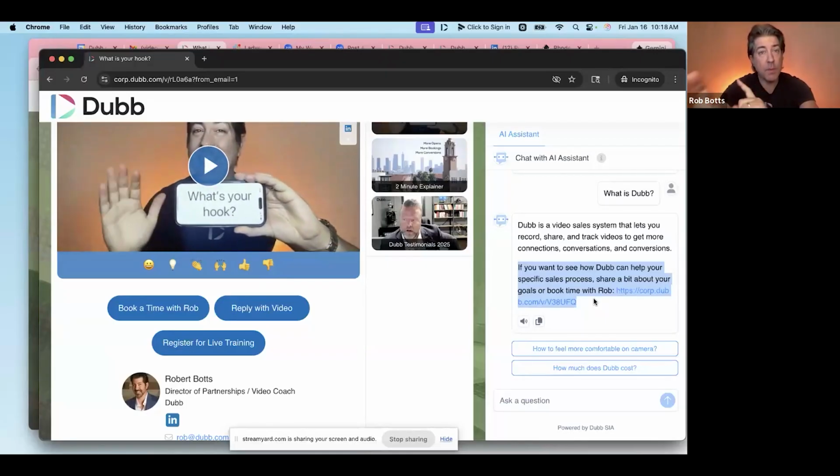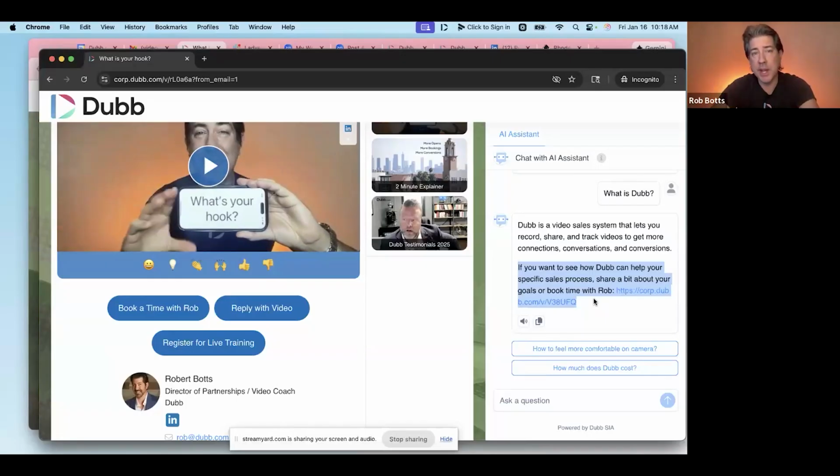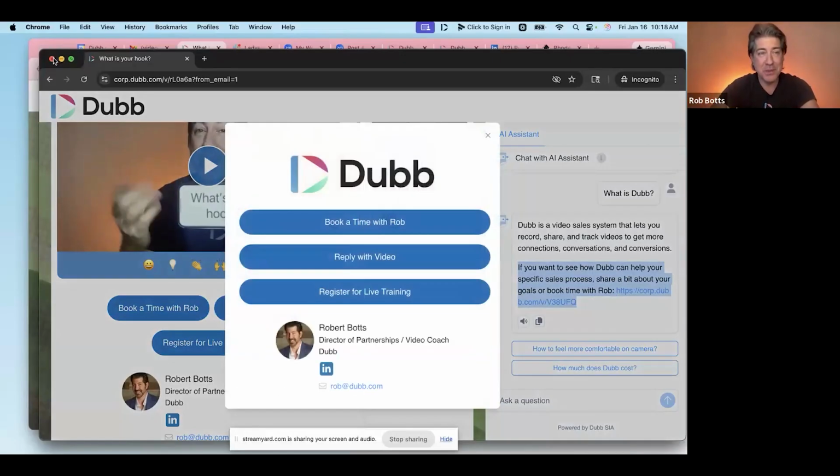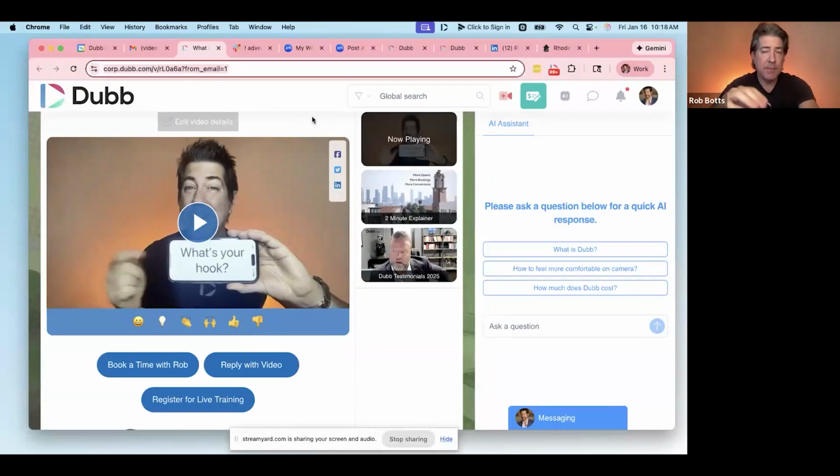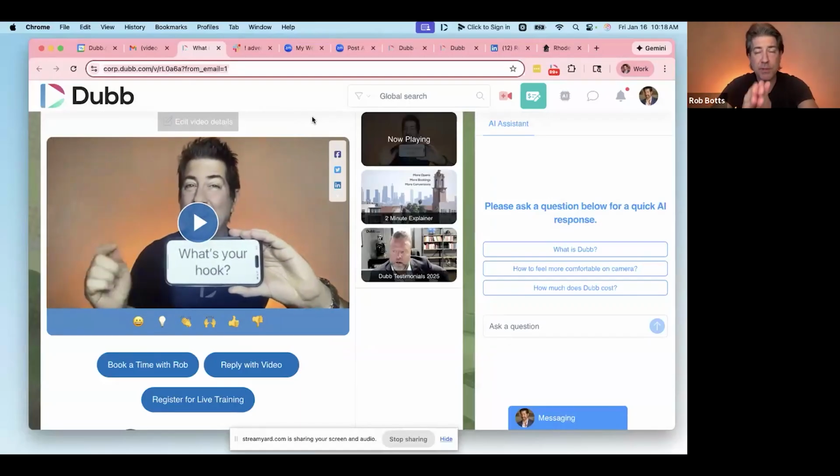So you can do one or the other or both, and the AI will become educated on what you do and help you close some deals, which is pretty neat. And then these pages themselves, the preset landing pages, you want to have different preset landing pages for different segments